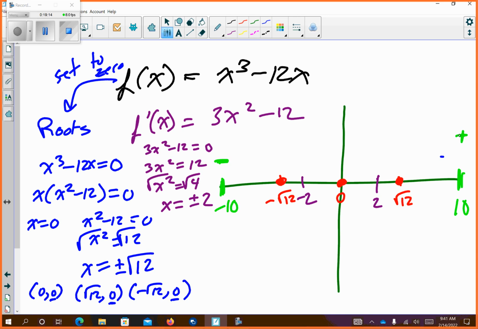Maxes, mins, and points of inflection. What is the slope exactly at points of inflection, maxes, and mins? 0. Okay. So things that I would probably know so far about this graph, I would know this so far,